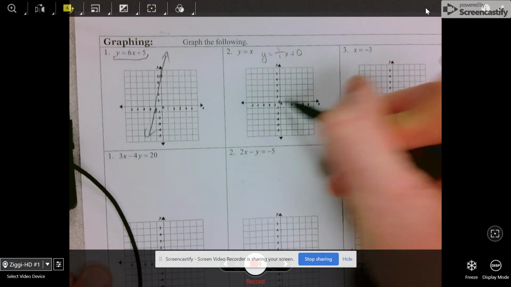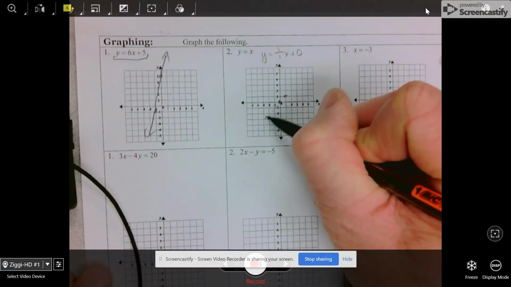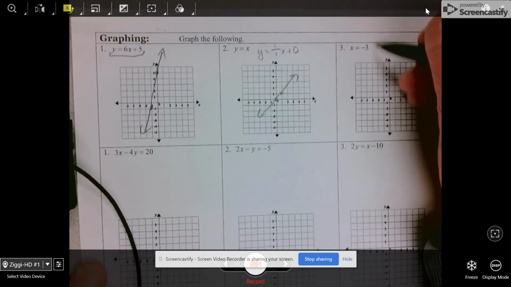Undefined slope. Or you could make a table of x, y values and say negative 3, negative 3, negative 3, and then pick any points you want. And then you realize, oh, when I plot those points, I get a vertical line. Or just actually know it like you're supposed to. Vertical line, undefined slope. To graph this one, you could either find both intercepts and graph it, or more likely